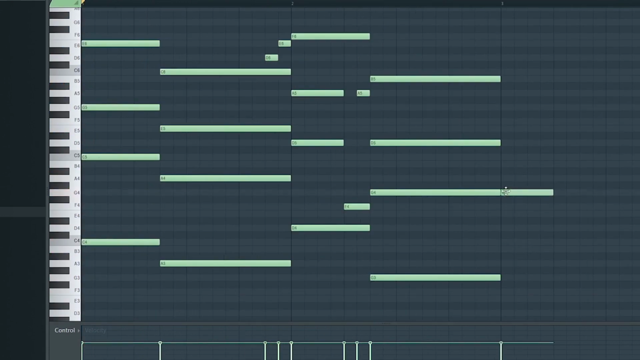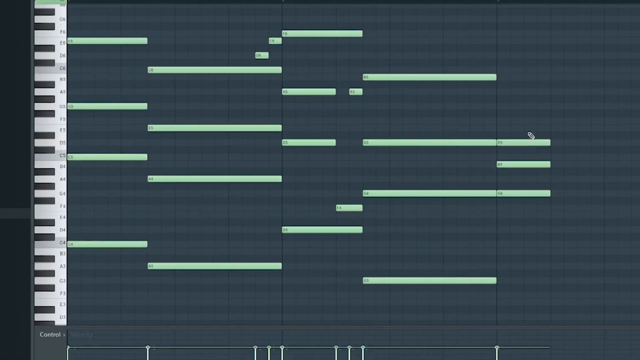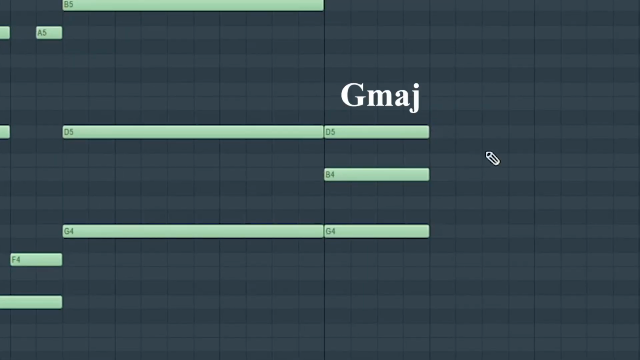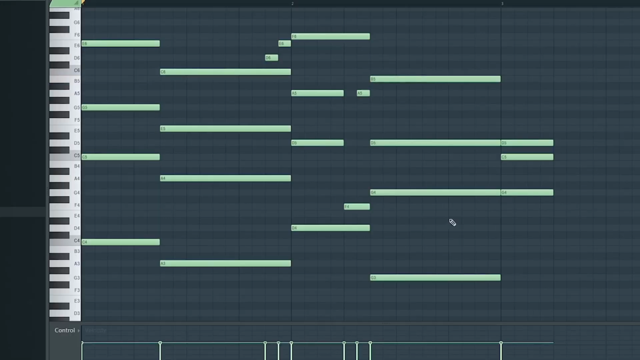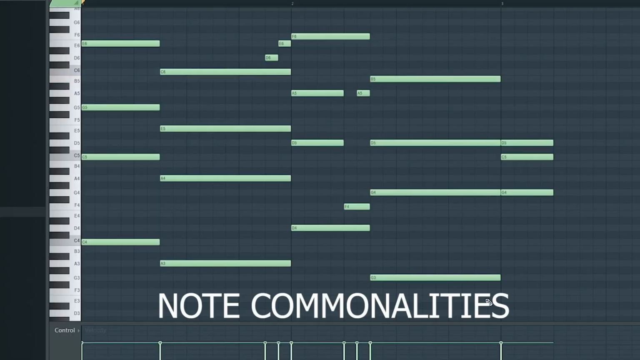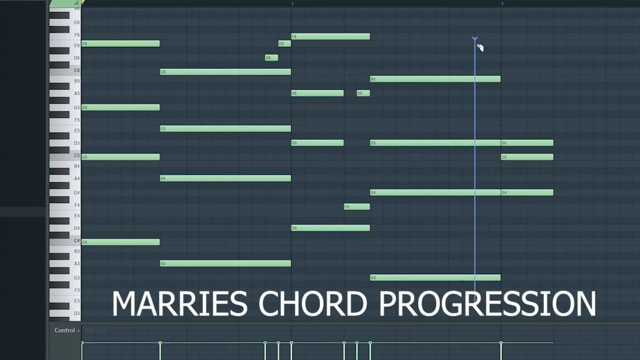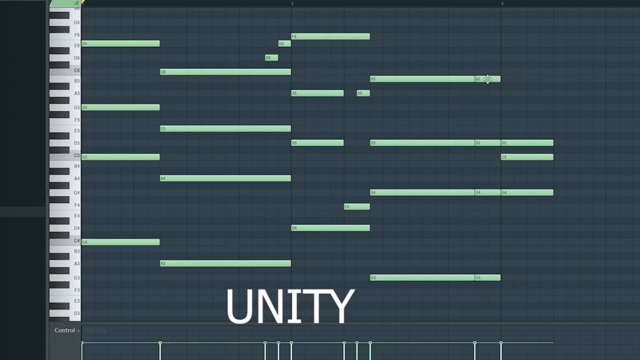Now let's add a passing chord to put the progression in a loop. Here is a G major chord in its root position. If I move the third note to the fourth, we have a G sus4. Bear in mind that note commonalities marry the progression together by providing a sense of unity and consistency in